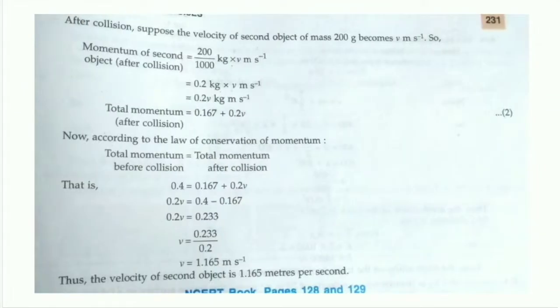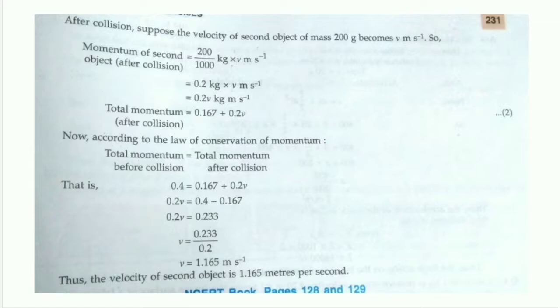After collision, suppose the velocity of the second object of mass 200 grams becomes v meter per second. So this time the momentum of the second object is 200 by 1000 kg into v meters per second. This equals 0.2v kg meter per second. And the total momentum after collision is given by